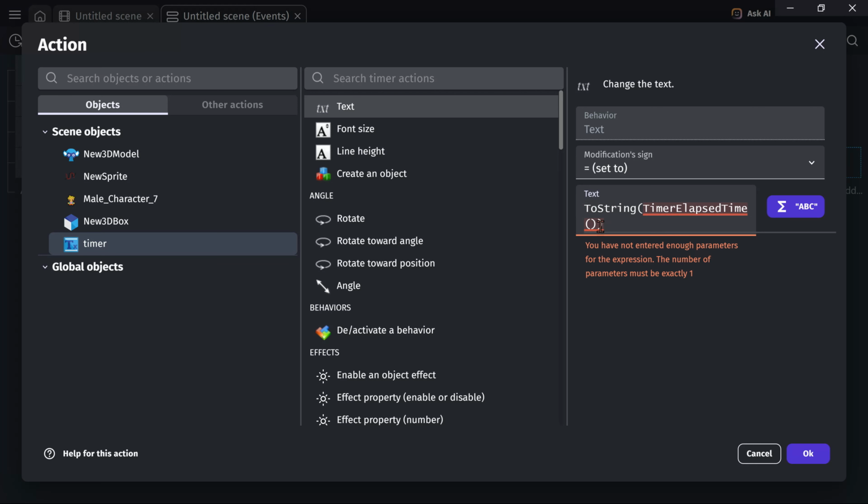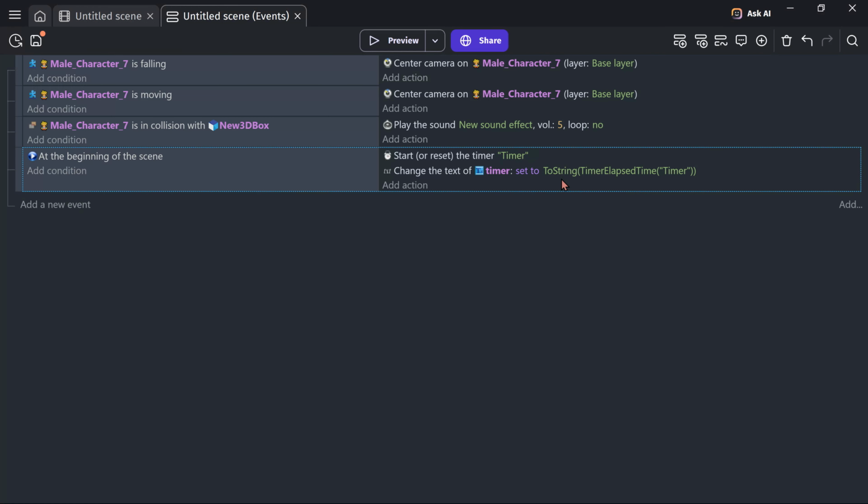And we will write the name of our timer. The name of our timer was, well, timer, and we click on enter, and if we preview it,